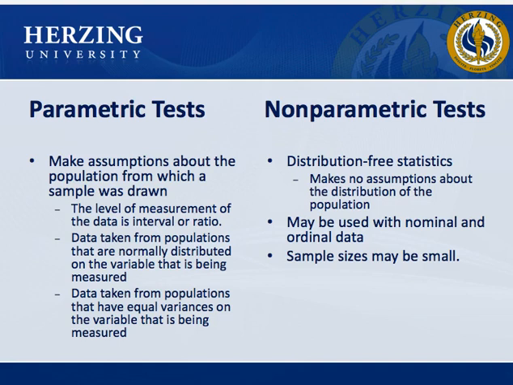Parametric tests are concerned with population parameters and make assumptions about the population from which the sample was drawn. The assumptions of parametric tests include the level of measurement of data is interval or ratio, data are taken from populations that are normally distributed on the variable that is being measured, and data are taken from populations that have equal variances on the variable